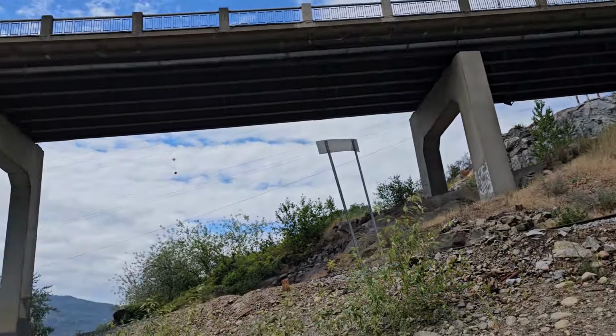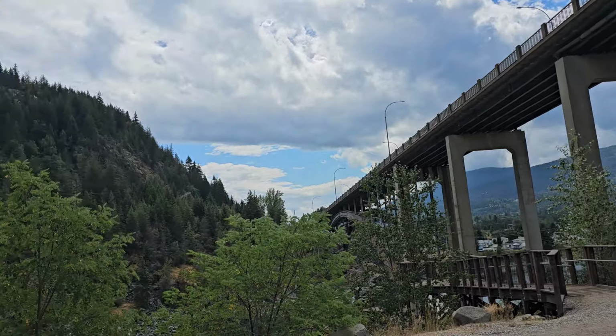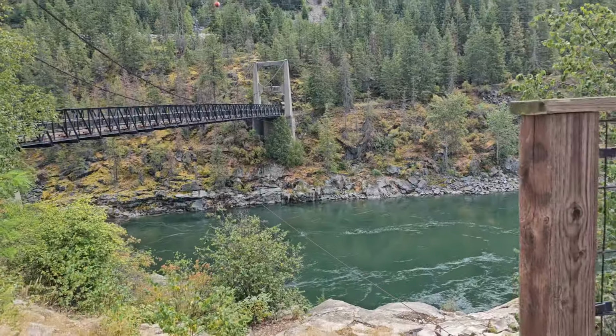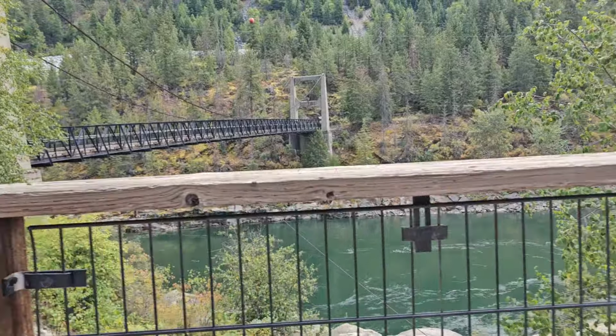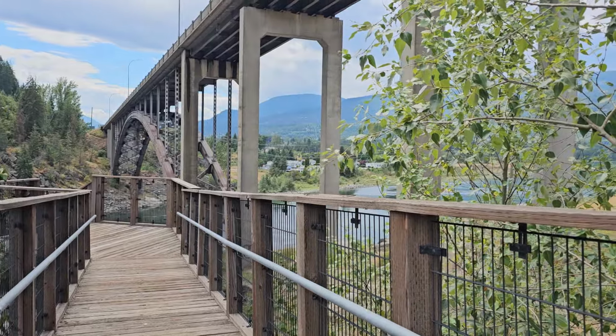One is going to be extremely brilliant. And what makes it so brilliant? Because of what you're about to see. Here we are on our next spot. And that is the brilliant